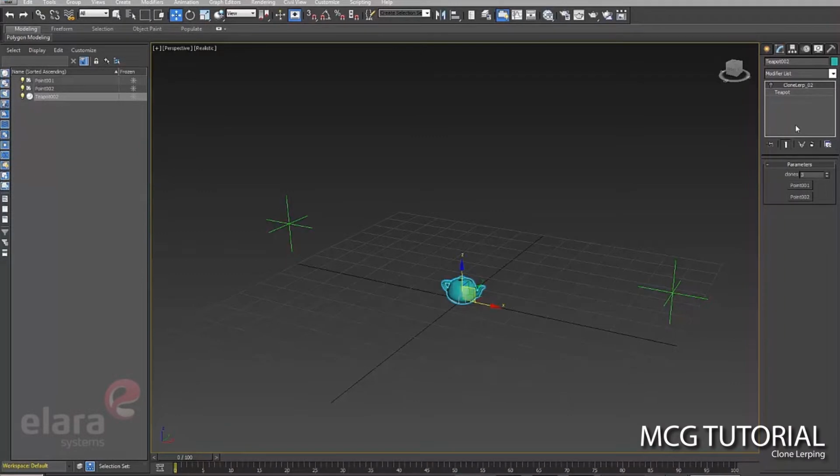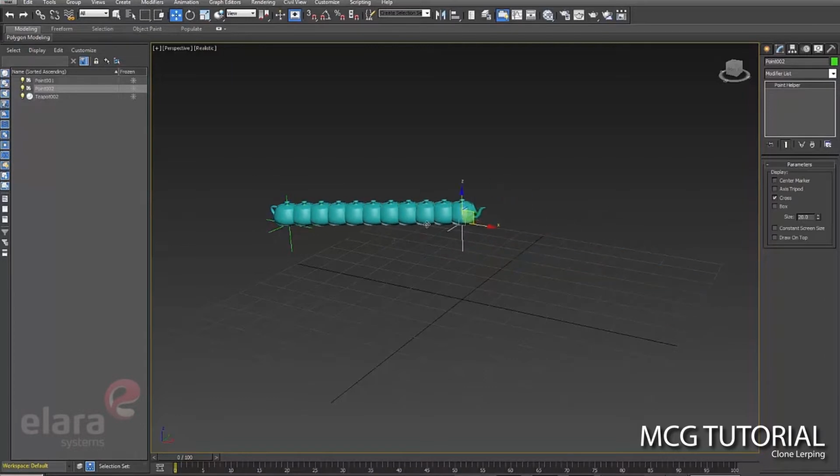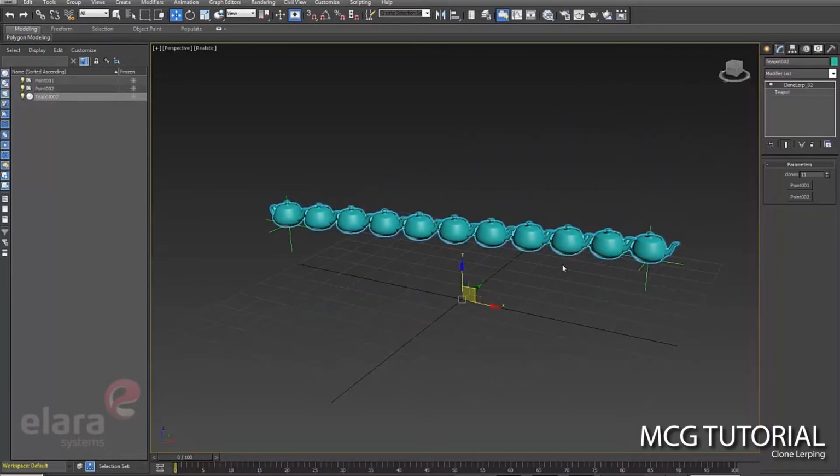Hi there, I wanted to give a quick tutorial on the Max Content Graph, or MCG. What we're going to do is take a piece of geometry and put a modifier on it that will clone that geometry between 2 points, interpreting the distance. You can add any number of clones, and as you drag this around you'll see that it is creating those things and updating them live. So we can delete this and show you how we built it.